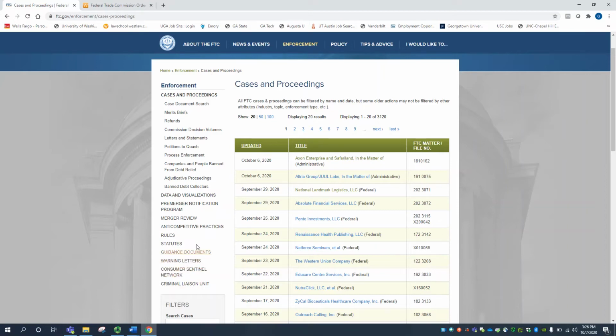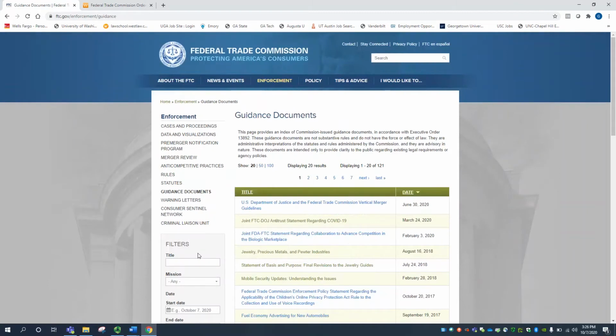Now, our next super important category is guidance documents. Under guidance documents, you're going to find all of the agency's formal guidance. And that simply means that these are documents that represent its views about issues that are under its regulatory purview.